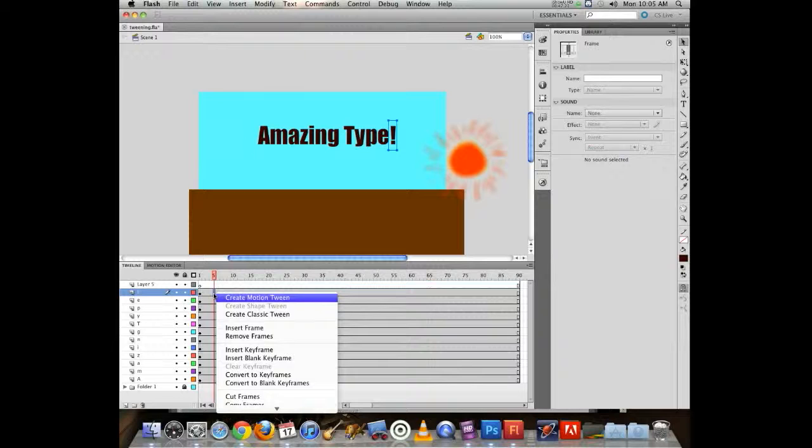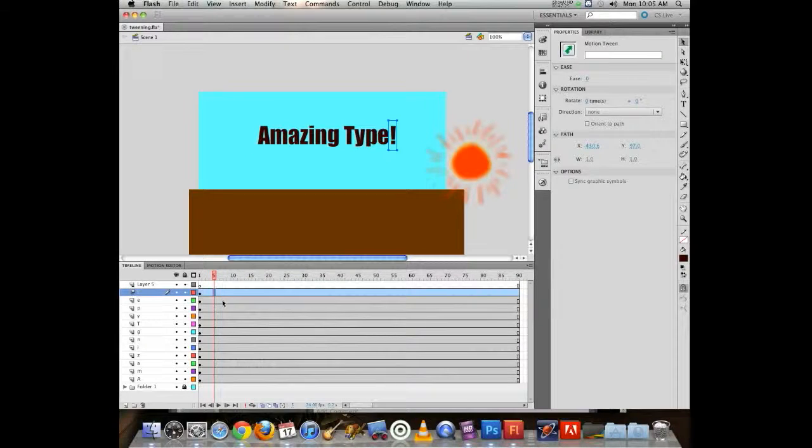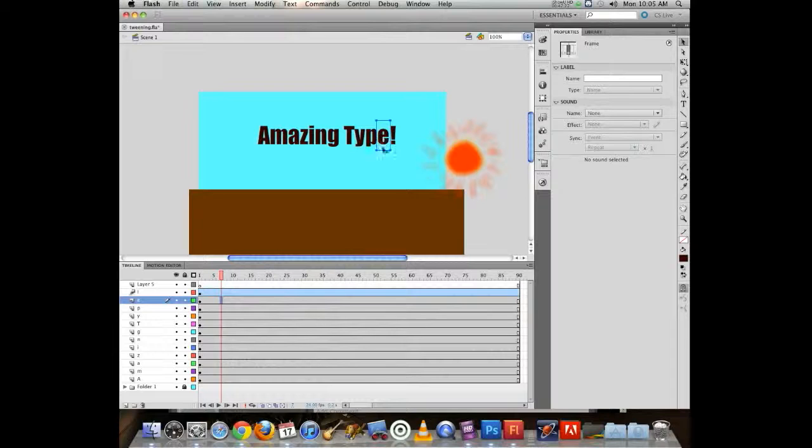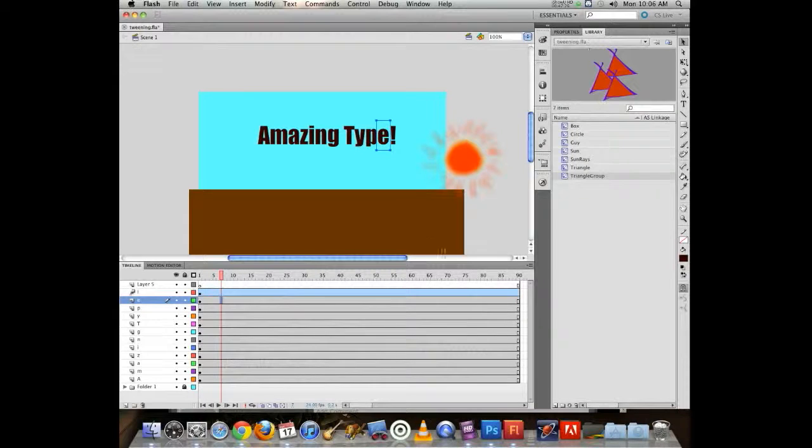Now, if I'm lazy, with that text field, I can now convert it. If we look here, I did not convert that letter to a symbol. Normally for tweening we need to use symbols, but when I'm using a text field, Flash is willing to cut me a little bit of slack, and I can now